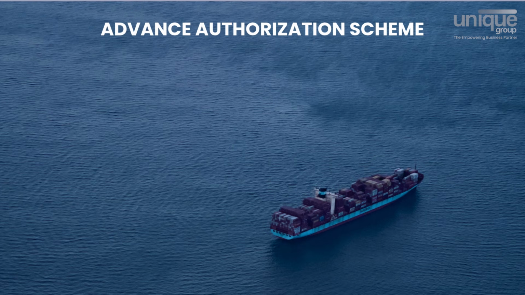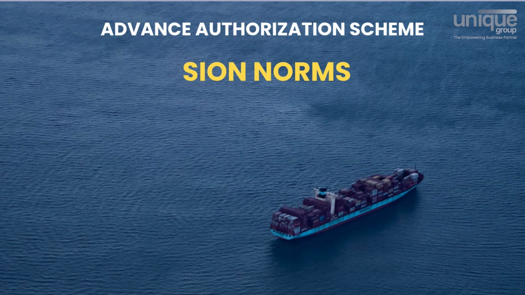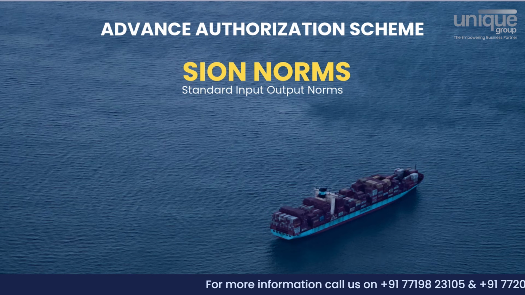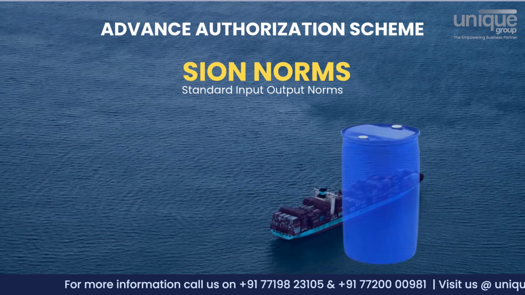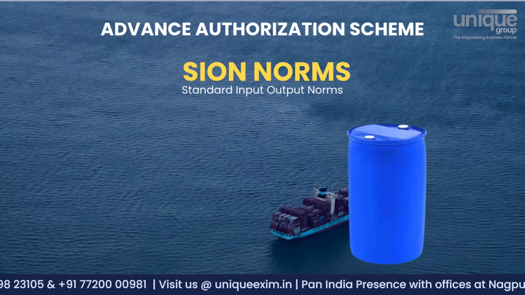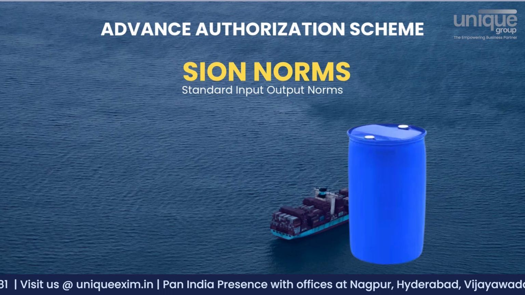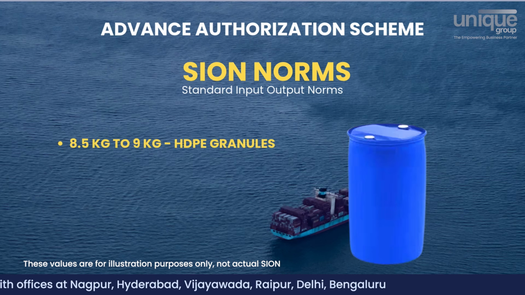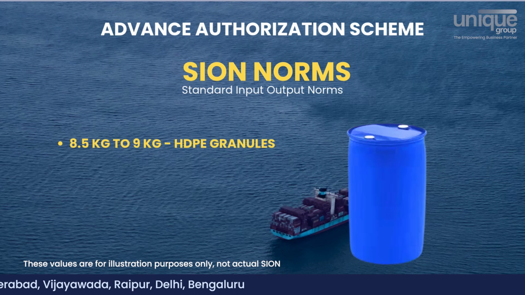You might be wondering, how does the government know exactly how much I need to import? The answer is SION, Standard Input-Output Norms. Let's look at a classic industrial example: the manufacture of a 210-liter HDPE drum. To export one standard HDPE drum, the SION norms typically allow you to import 8.5 kg to 9 kg HDPE